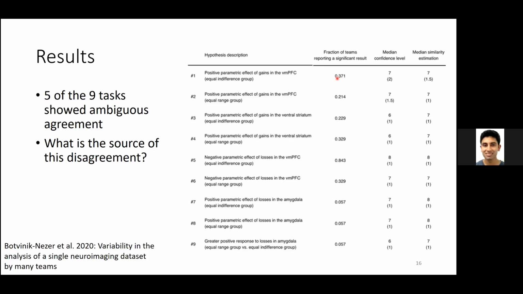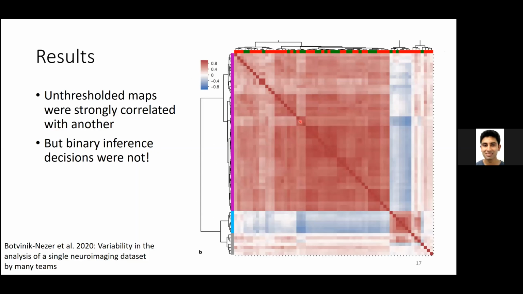And so what is the source of this disagreement? And what they find is that the unthresholded maps were strongly correlated with each other, but the binary inference decisions were not. So what you see here is that most teams fall within this main cluster, and the unthresholded probability masks were highly correlated with each other. But after each team applied their own processing pipelines, you get very different inference decisions as seen by these red and green